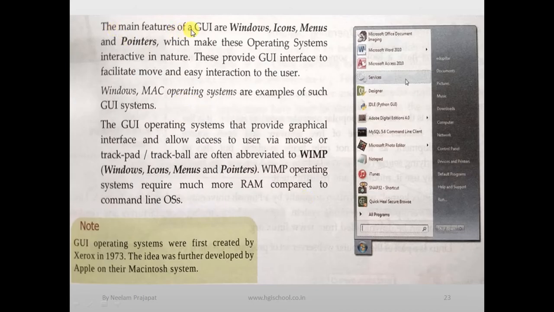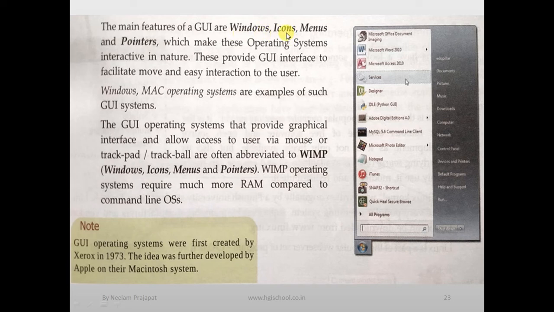The main features of a GUI are windows, icons, menus and pointers. Just now I told you WIMP in the previous slide. W-I-M-P means windows, icons, menus and pointers are there in a GUI. So WIMP is part of GUI, but GUI is not part of WIMP. These make the operating systems interactive in nature.